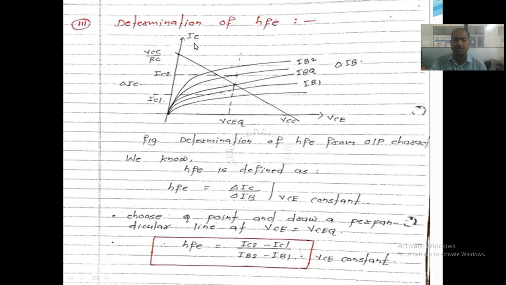So it is nothing but the ratio of the delta output divided by input. So output is nothing but a delta IC divided by input, that is a delta IB. So the ratio for HEP is nothing but a delta IC by delta IB. We are taking VC as a constant value. Okay, so when we are taking the VC as a constant on this line, म्हणजे जे इथले